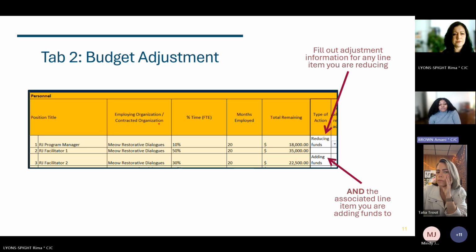Okay, so first you're going to select the line item you would like to either add funds to or remove funds from. Column G is going to have a drop down for you with a menu where you'll select the type of action that you're requesting. In this particular example, the grantee is requesting to remove 4,000 from the program manager position, and that's shown here as position 1. And then they're going to add 2,000 each to 2 line items that are already existing in